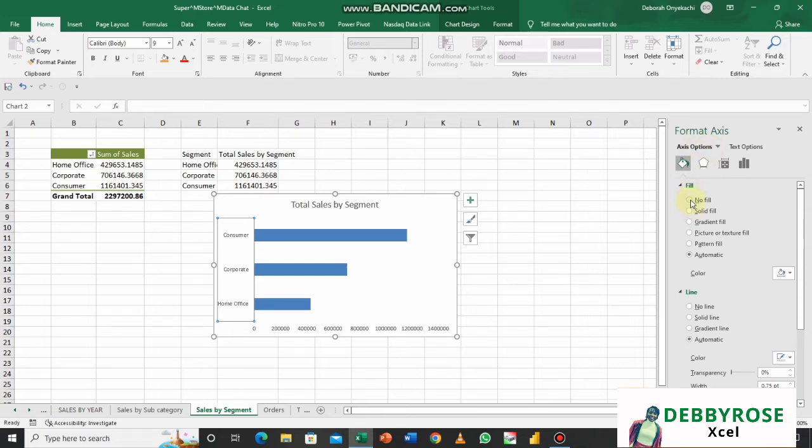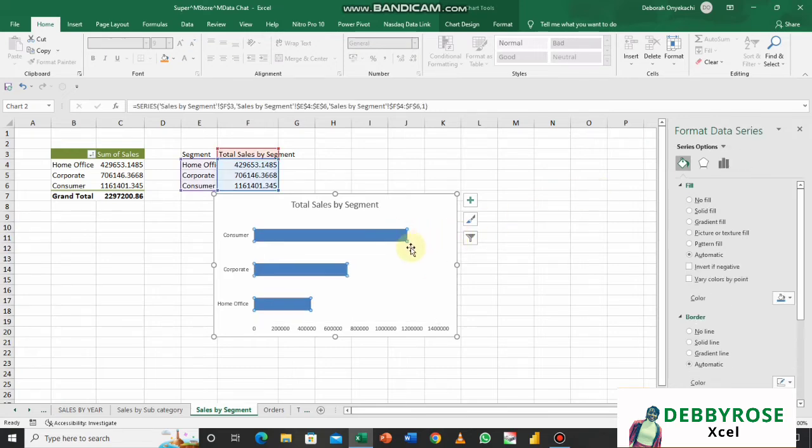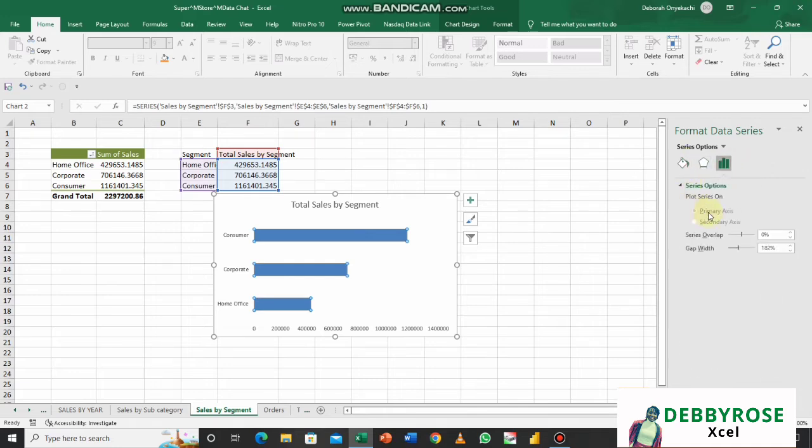So here you can format this chart by removing the fill and removing this line between them. I don't need the line. Once you have that selected, you remove the line. The next thing I want to do in this chart is to increase the bar size by reducing the width. So select the bars and go to your series option. You see your gap width. I will reduce it